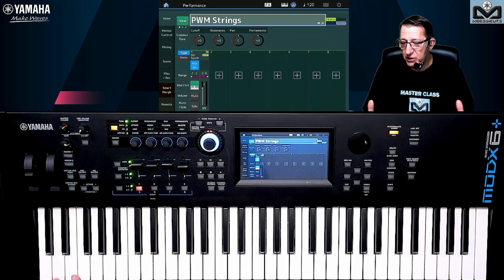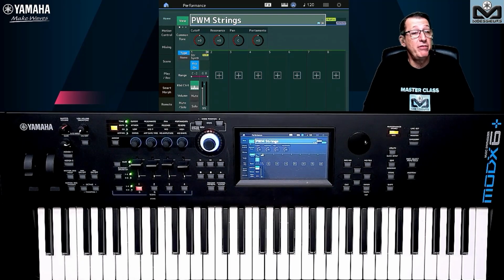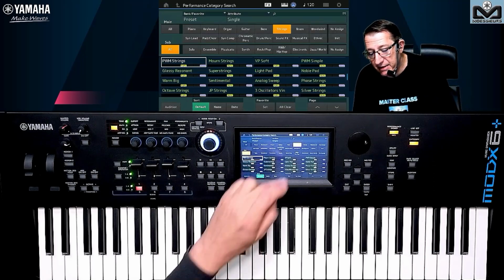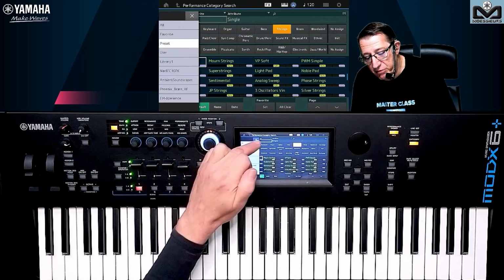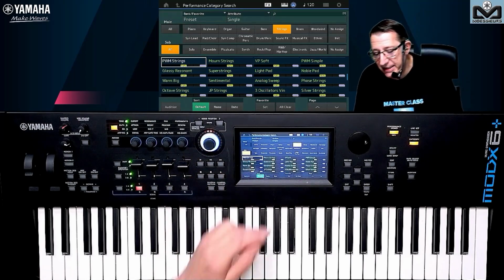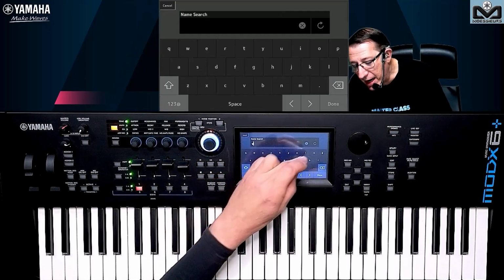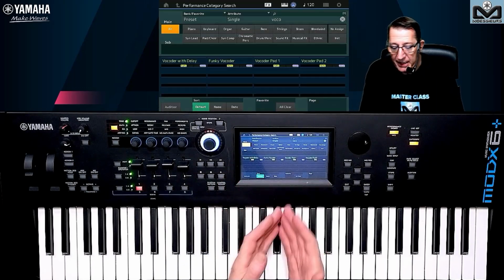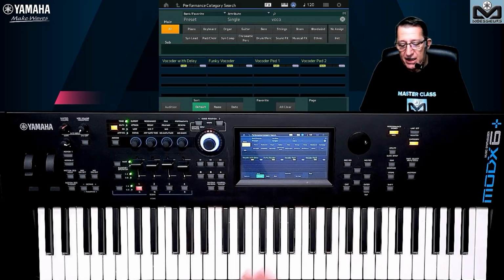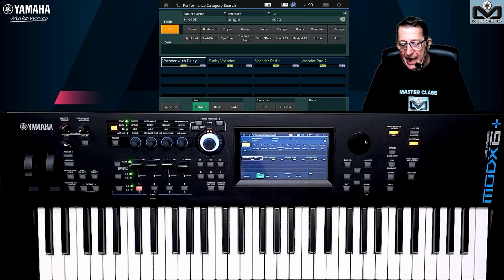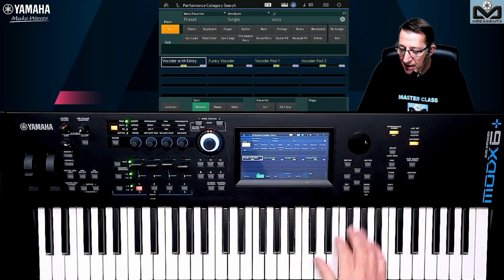Vocoder is a vocoder. Do we have some presets to work with them? Yes, of course. Or find them? Just go to category search, and here I have managed to set the preset only and single to have only performance with single parts, and you have just to write voco and press down, and here you have the 4 presets. We have the vocoder with delay, the funky vocoder, vocoder pad 1 and 2, and let's choose this one on the first.